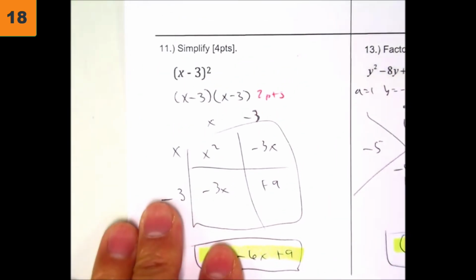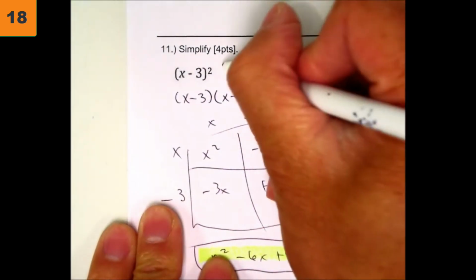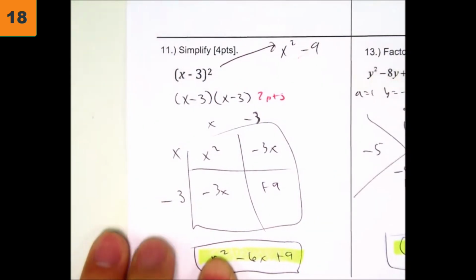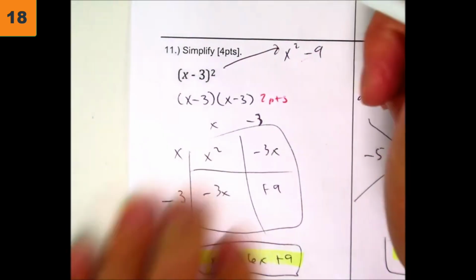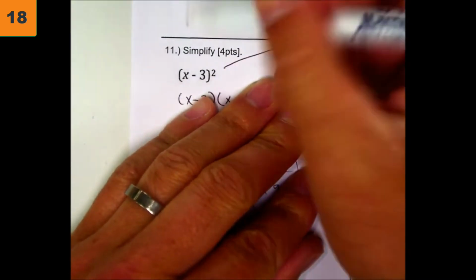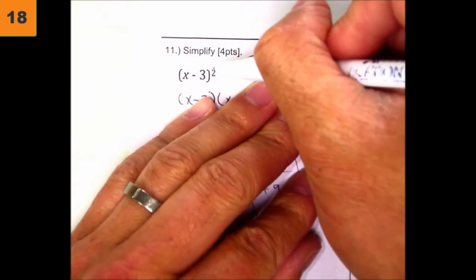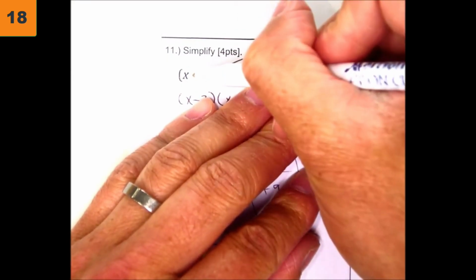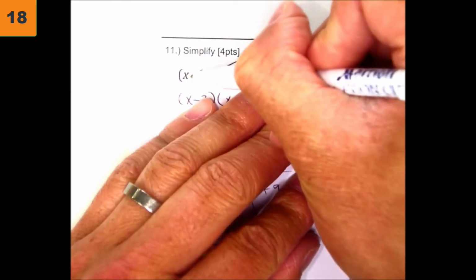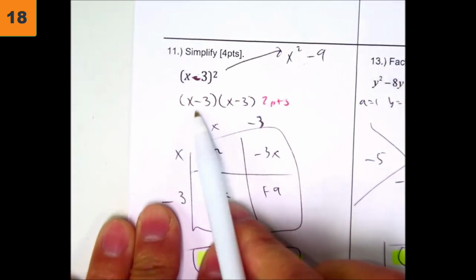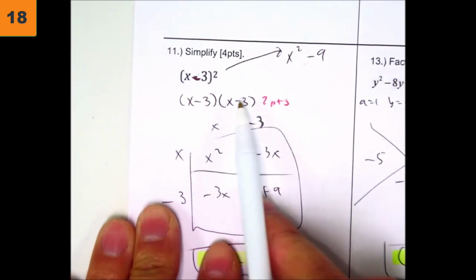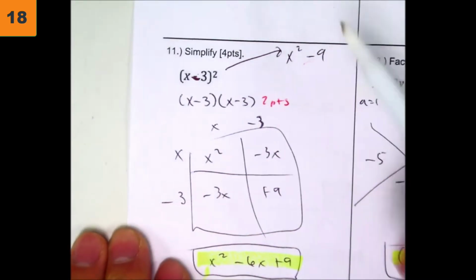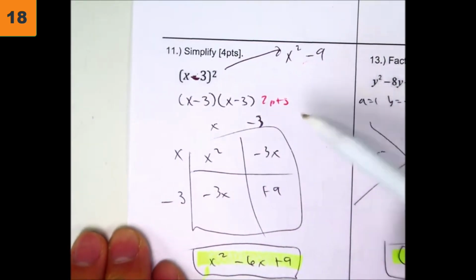Let me show you the most common mistake. If you wrote x squared minus 9, that was the most common mistake. I'll probably give you 2 points. The reason why this is wrong is, again, you cannot apply the power rule of exponents to this because they're not by multiplication. Okay, this says x minus 3, and that means you need to write it out twice. If you wrote it out twice and you got the rest of the problem wrong, I gave you 2 points. Now, the only reason why I give you 2 points for this one is because it's part of the answer,